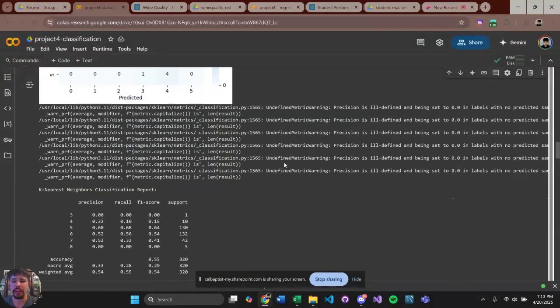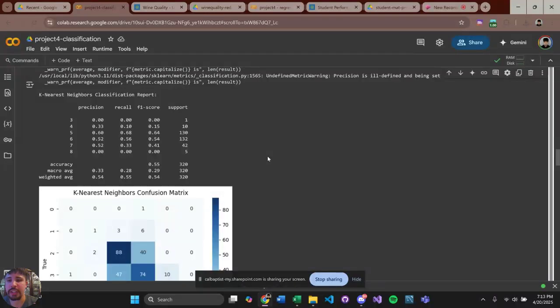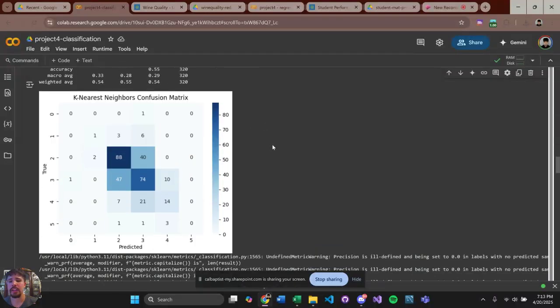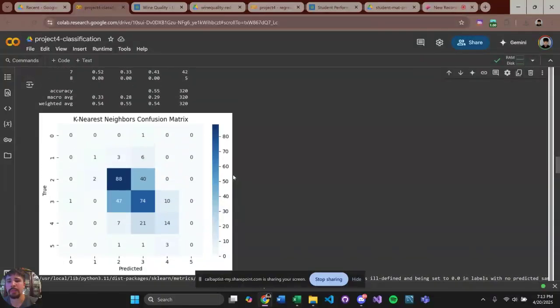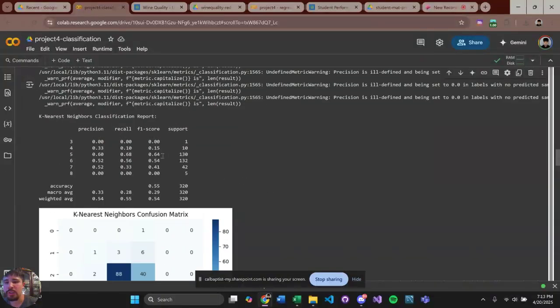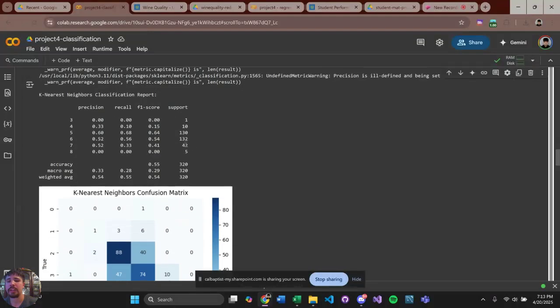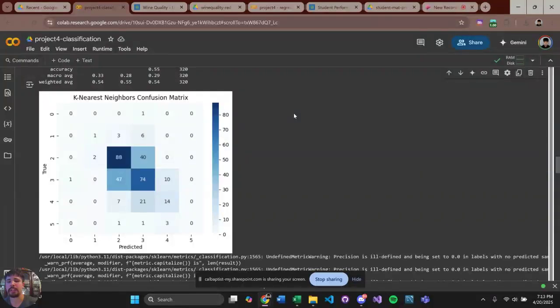And then down here we have the K nearest neighbors classification report. It's similar to the logistic regression, but slightly different in the numbers that it spit out. The F1 scores here are higher for 5 and 6. 7 is actually higher than the logistic regression model, but overall still a little bit similar, which is expected. But this is how the model decided to show the different predictions based on the true amount versus the